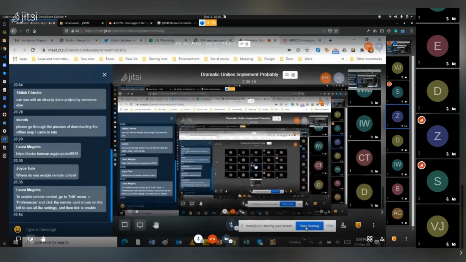We'll meet on Thursday for a session on data quality, data validation, and accuracy. Between now and then, whenever you're free, feel free to do some mapping on the project, and someone will review and give feedback. If you have any questions on mapping with iD or JOSM, feel free to ask in the group, or even directly to Zach or anyone, and you'll be able to get help.